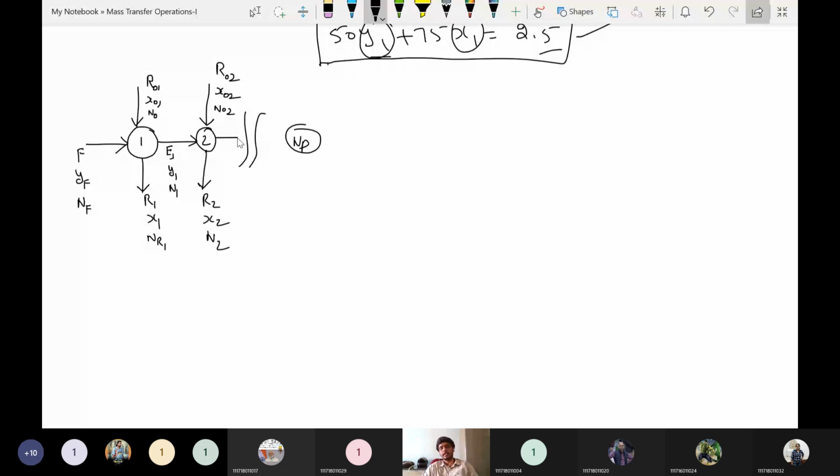The output from the NP minus 1th stage. Okay, the previous stage of NP stage is coming as the input for this one. So whatever the previous stage is, this one